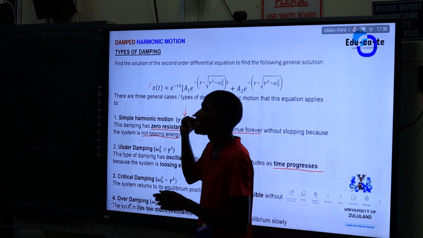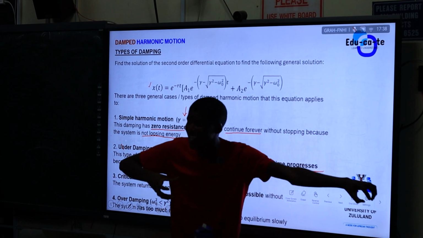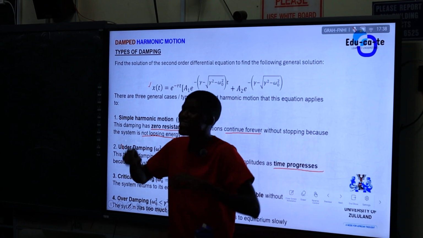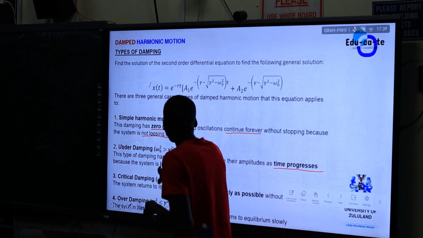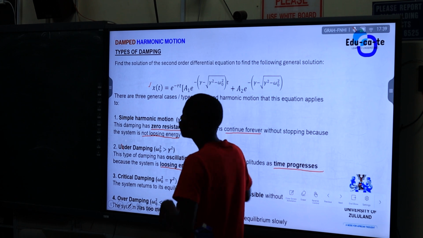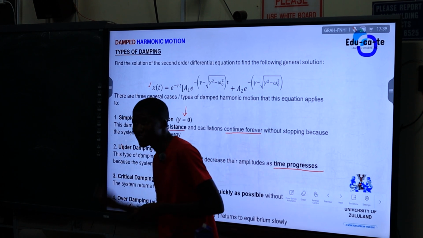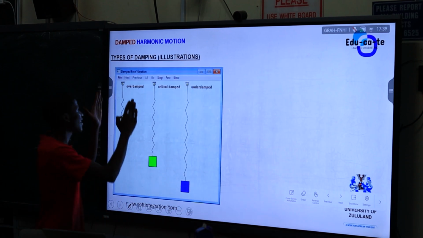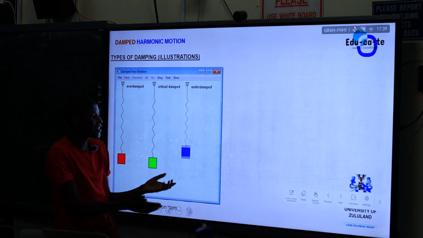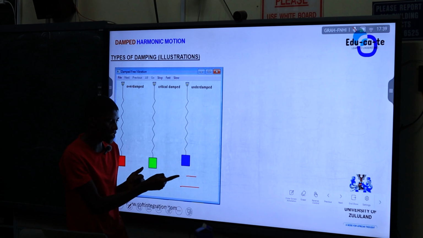Why is the amplitude decreasing? Why can your block no longer stretch that much, like the initial one? The system is losing energy. So your system loses energy due to friction. So we must have a damping coefficient that cannot be 0. Right? So look at this. This is under damped. Do you see that here? It started swinging from here at the beginning. But now where will it swing to? Here.